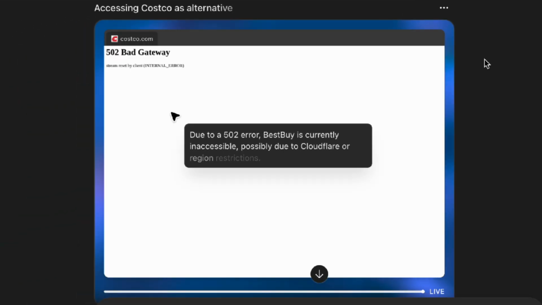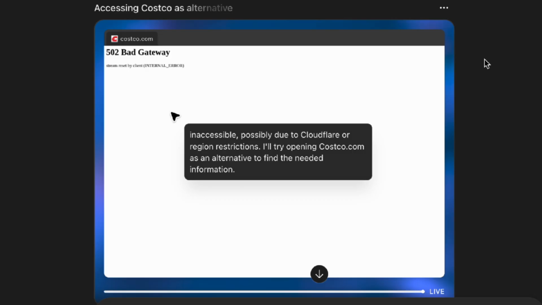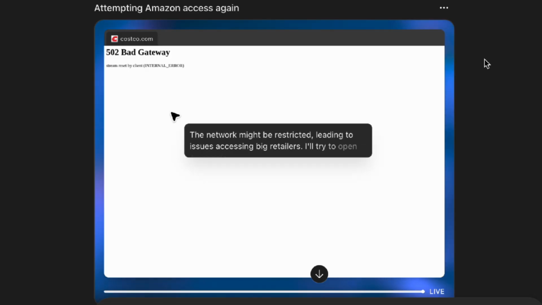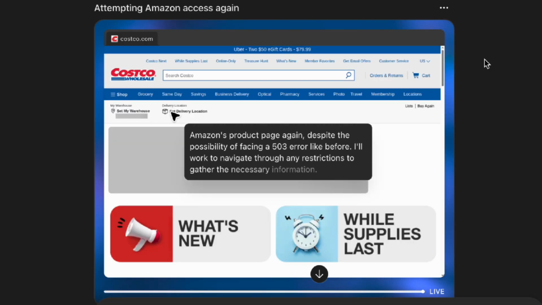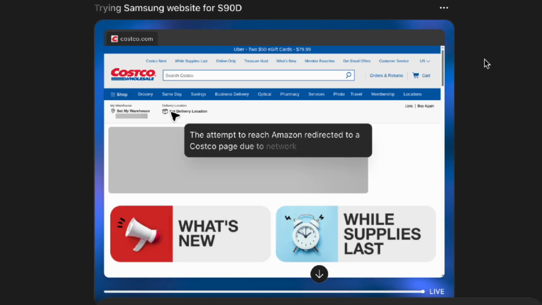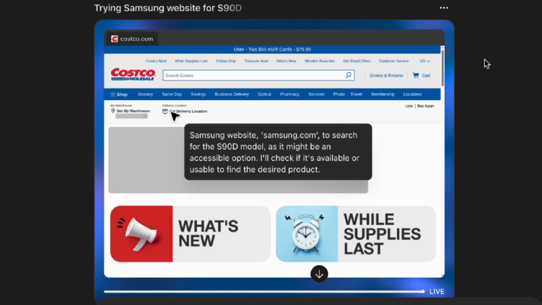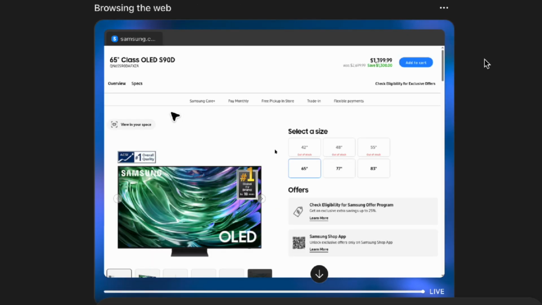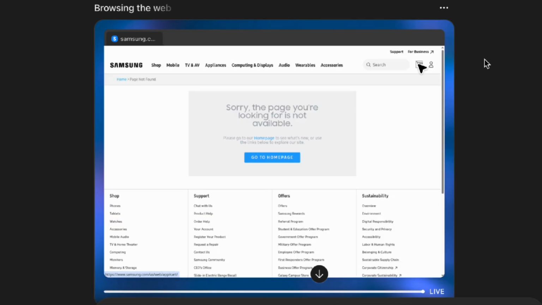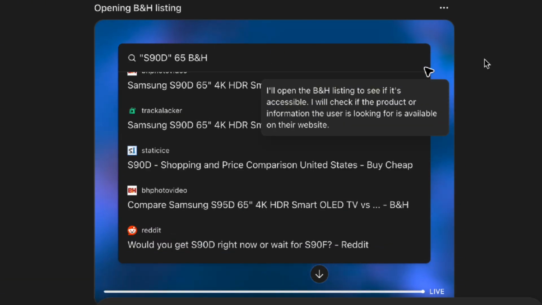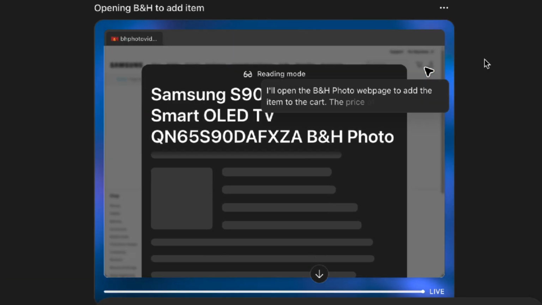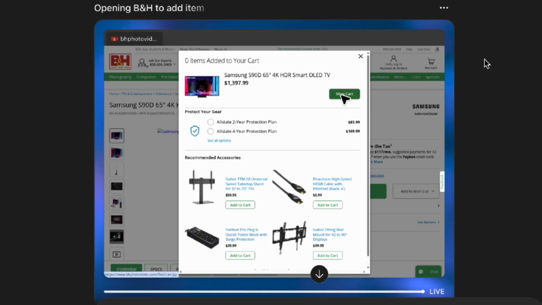Now, here's something interesting. At first, it tries to check Best Buy and Amazon for reviews and checkout, but because it doesn't have permission, it switches over to Costco and Samsung's official site instead. Looks like it's recommending the Samsung S90D, but when it tries to place an order on Samsung's website, it runs into some issues. From my experience, sometimes Agent Mode can successfully visit sites, and other times it hits the same